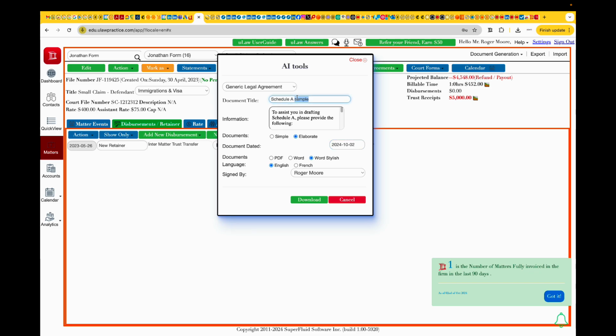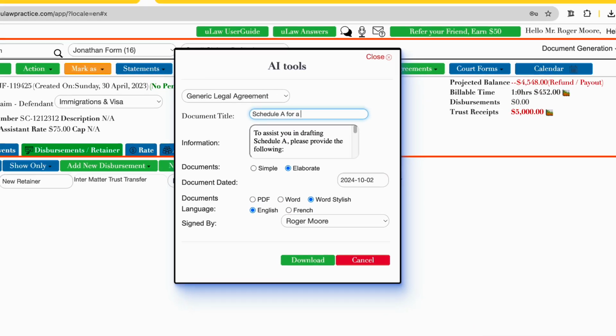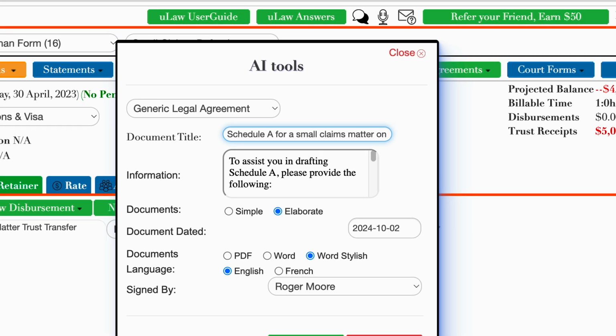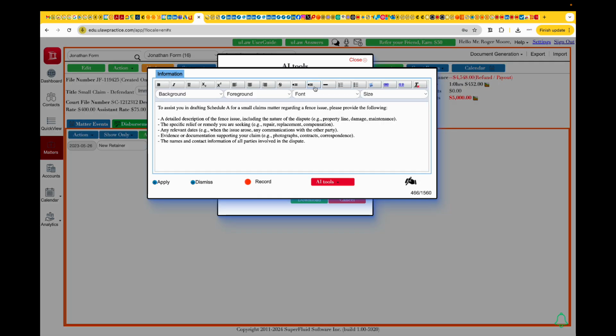In this case, this one is a small claims matter. You can say, I want to write a Schedule A for a small claims matter on a fence issue. Let's say it was about fence damage or something like that. And you say that, and if you just click outside the box, uLaw will load some AI data and tell you, hey, if you can provide this information, I can write an amazing